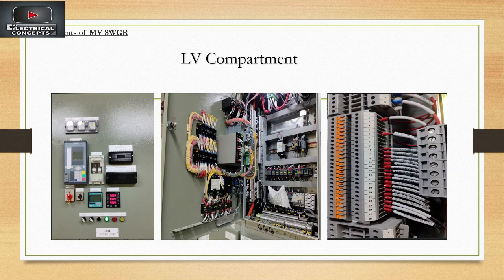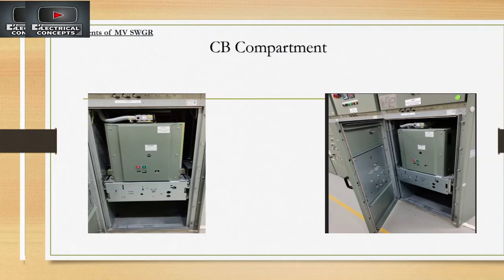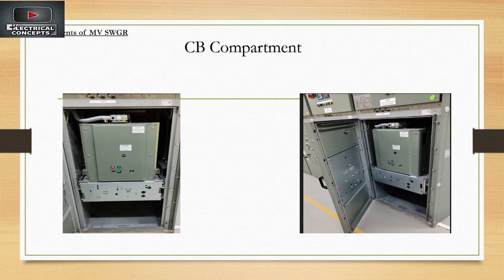Now let us move to the circuit breaker compartment. The circuit breaker compartment, the middle one, contains the power circuit breaker, which can close or open the circuit. Here you can see the circuit breaker compartment contains a withdrawable breaker. The breaker can be on